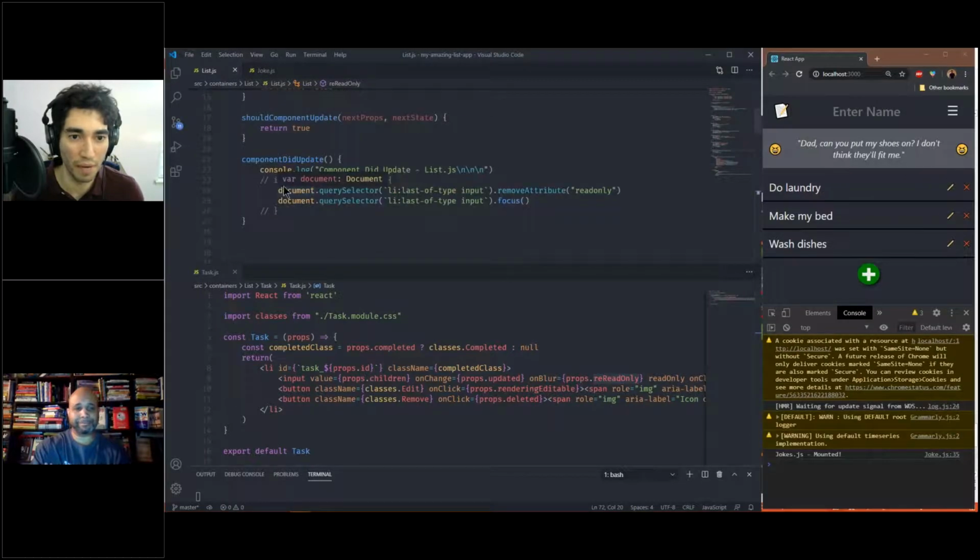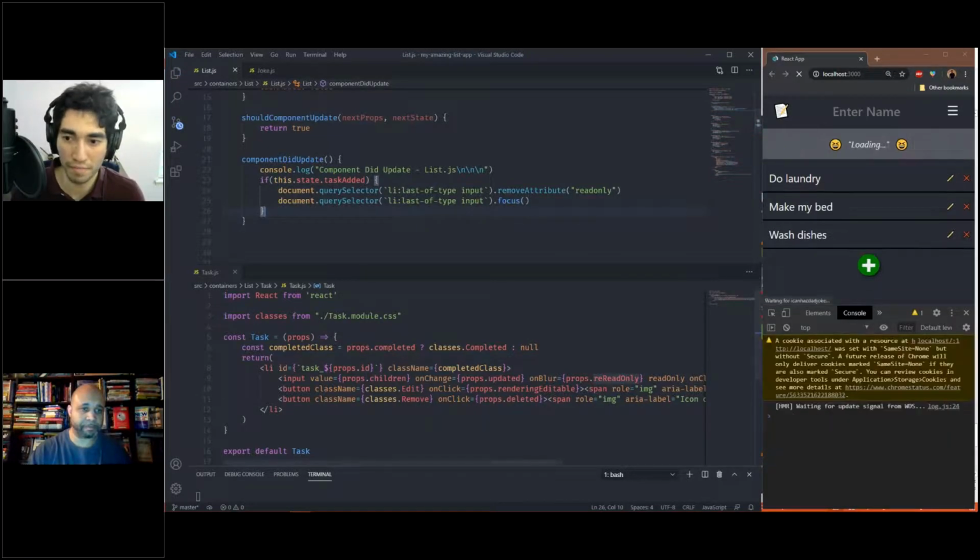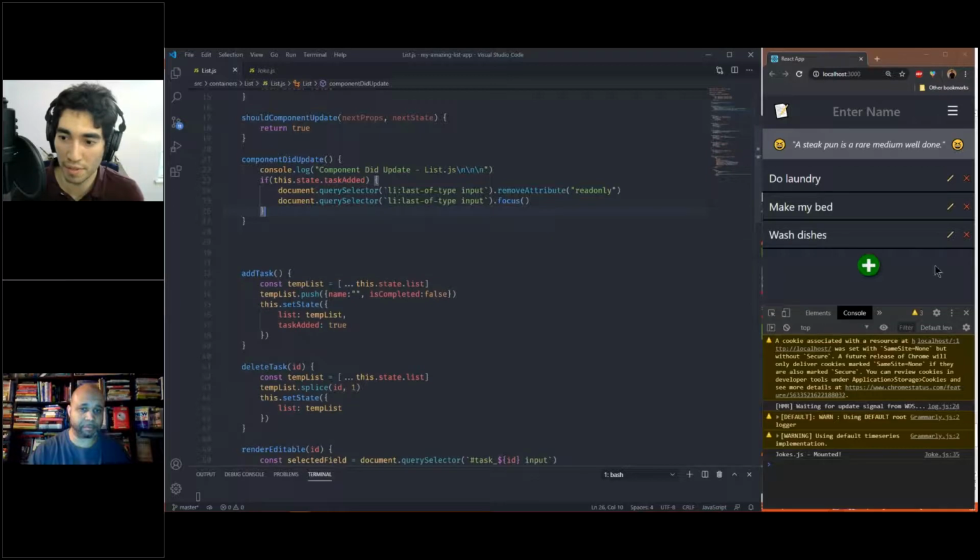We see that I also add an if statement in here that's going to check if that added is true, and it's going to put the cursor in the last element and make it editable for us, if that's the case. So let's go ahead and save this. I can go ahead and close our task for now. If I go ahead and add a task,